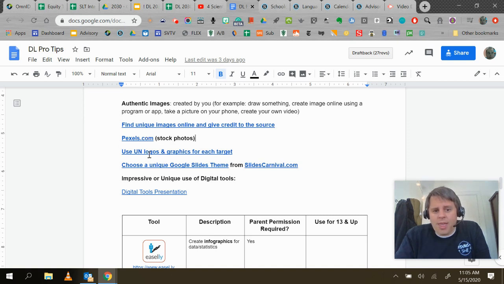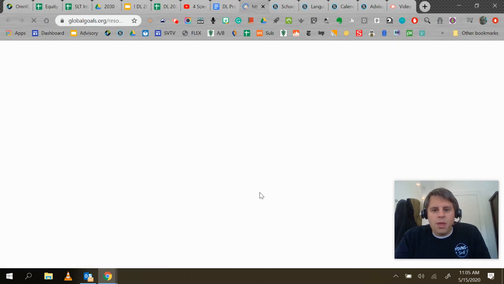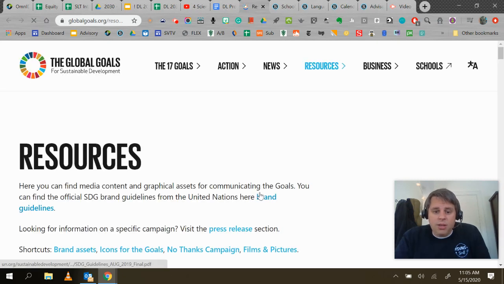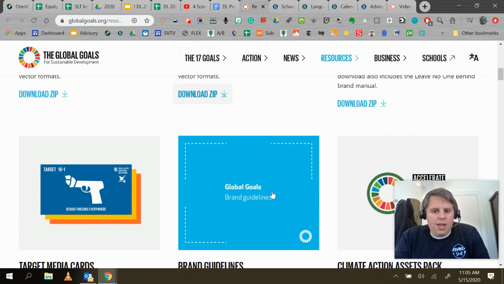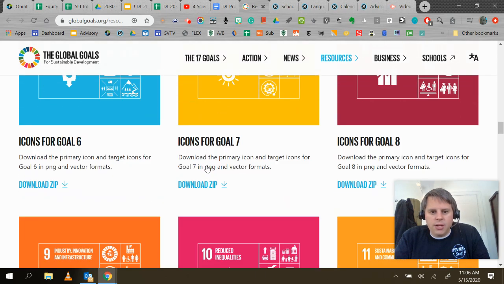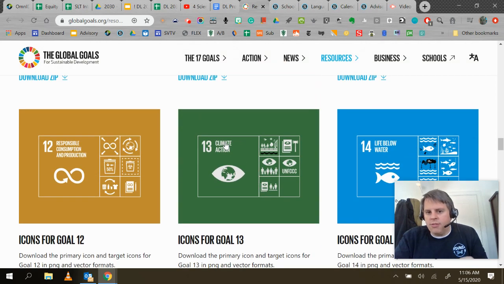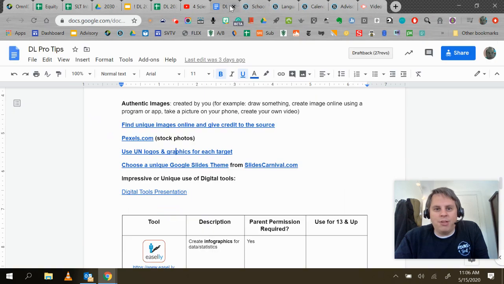As we've been doing this project, you've seen different logos and stuff in my slides from the United Nations and things that represent the goals. So that is the website for this. This is really a great resource, I think. Let me show you. All these little logos and things you can use for free. You're just going to need to dig a little bit and download them. So here's the whole grid here. All these are free, but you can go even by goals and targets. And if you want to just go through and find your goal, you'll probably find some pretty good images that you could use that really are directly from the United Nations. So that's a great tip for you to maybe just make your presentation pop a little bit more.